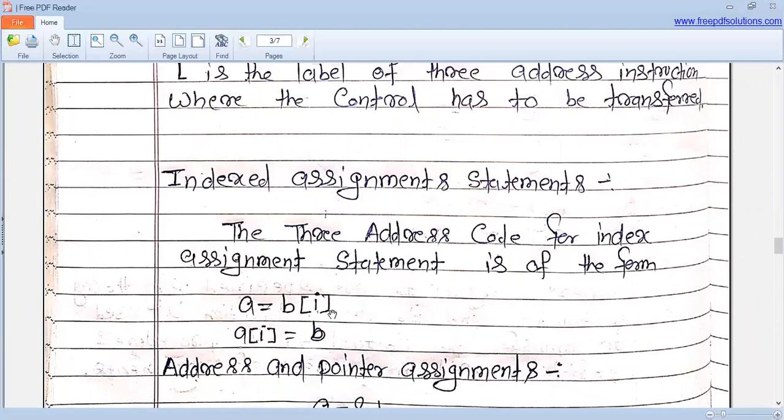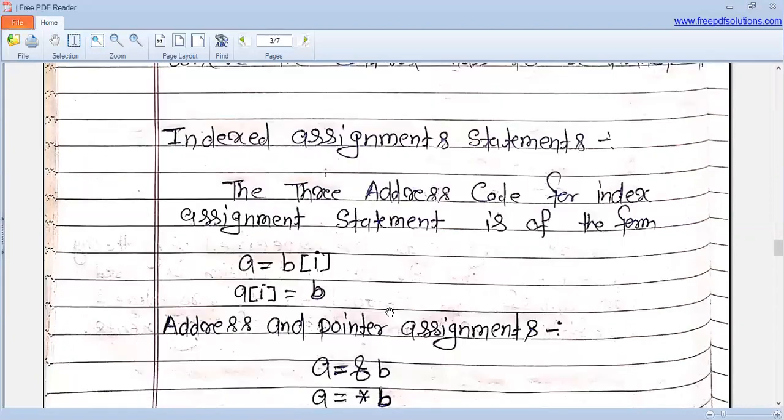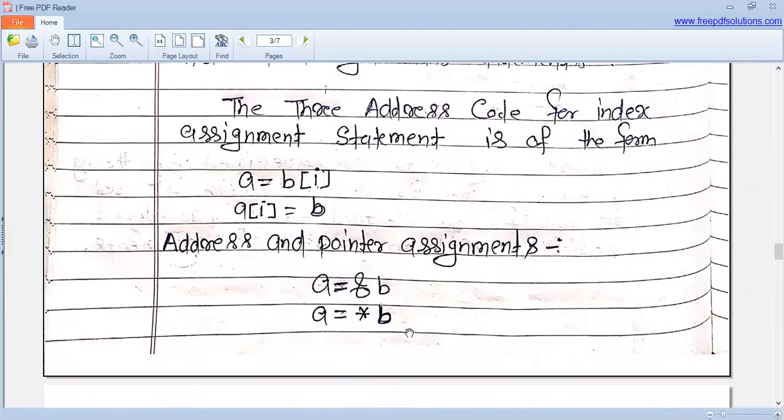This is the array representation, and here B[I] means I represents the index B0, B1, B2, B3, B4, B5, and this is the index type of instruction. So we can write here A = B[I], or A subscript I = B. So this is also a form of 3 address code.